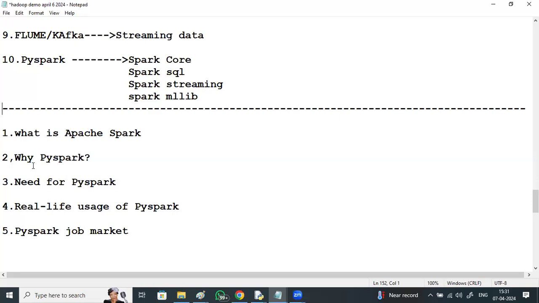Yes, the need for PySpark means a huge amount of data is getting generated. This huge data contains useful patterns, unknown correlations, market trends, customer preferences, hidden patterns, and other useful information, right? From this raw data we need to extract valuable information.